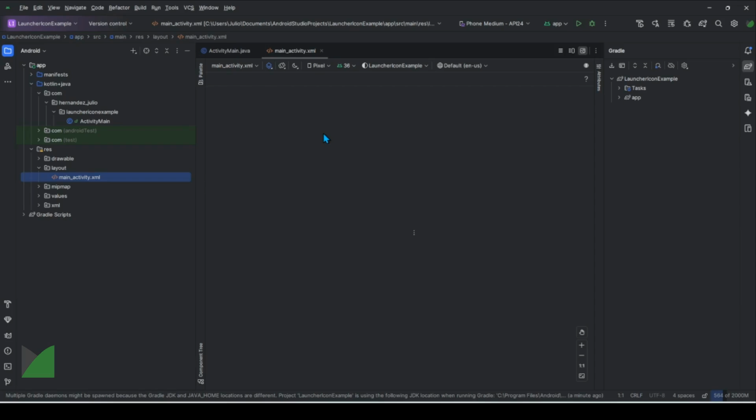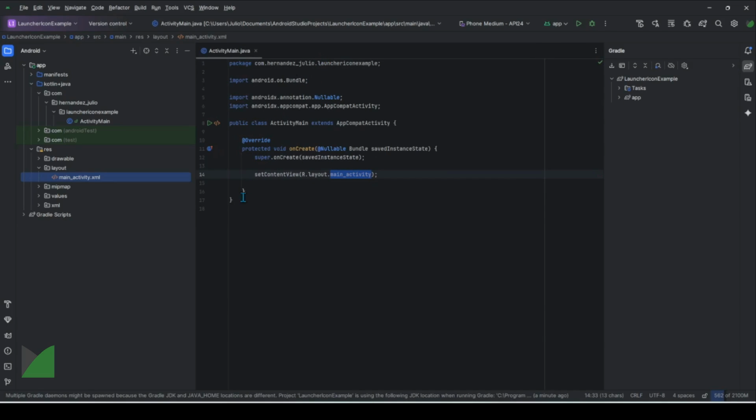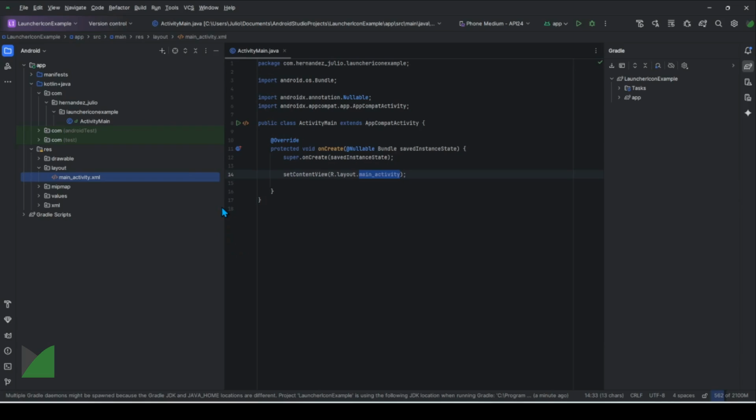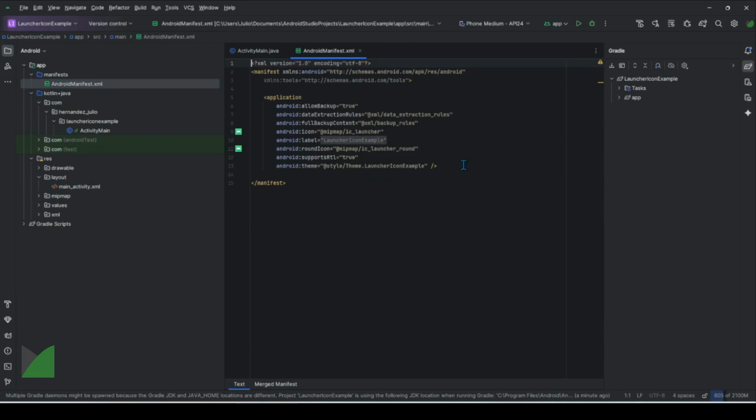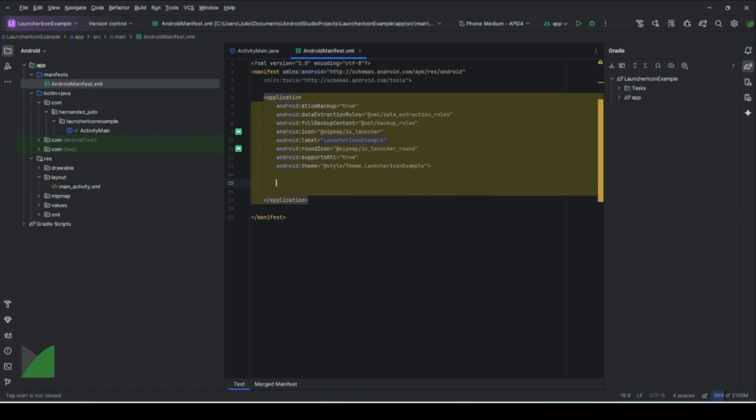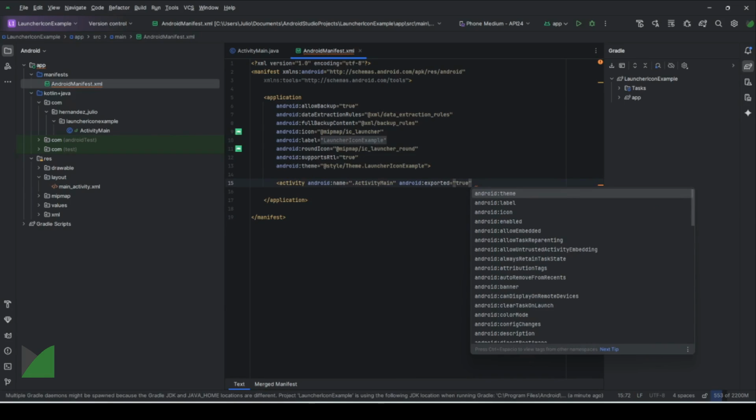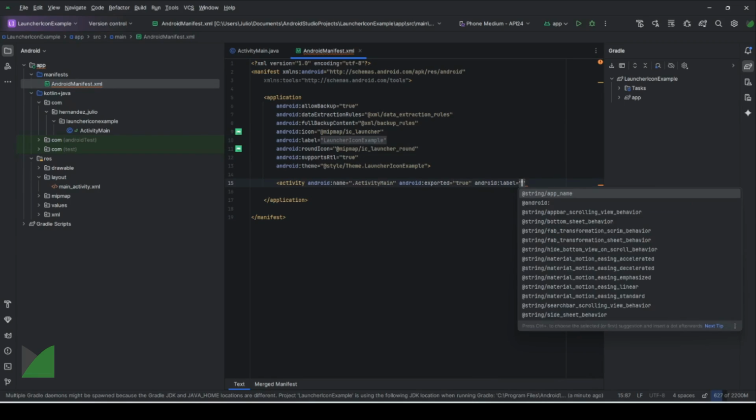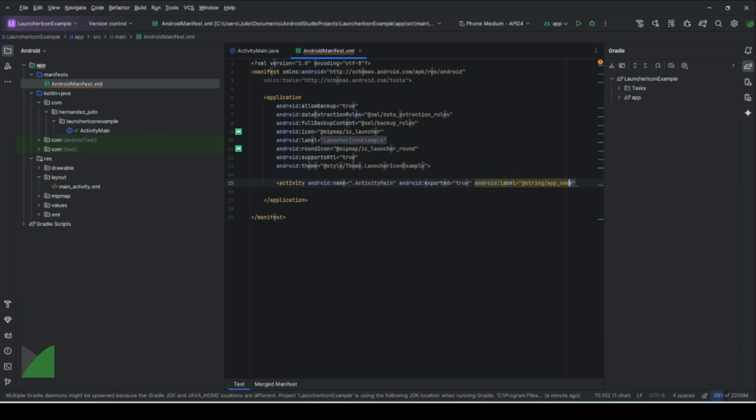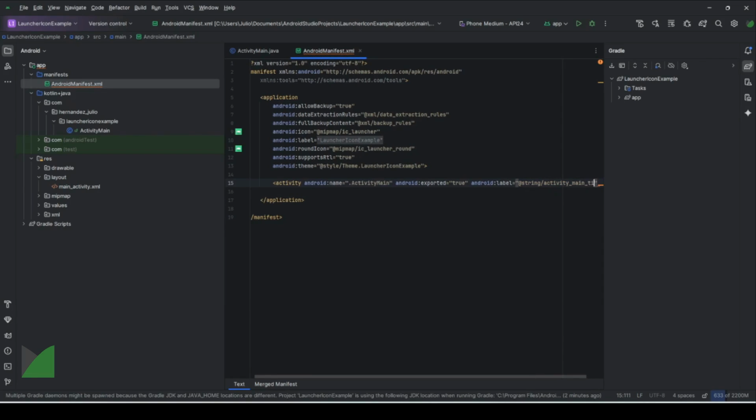and I'm going to ignore this file because it's not important for this exercise. I need to add this activity. I need to register this activity to my manifest file. Activity, main activity. This is exported through, I think, since Android 12, label, and I need to create a resource for this. This is going to be activity main title,